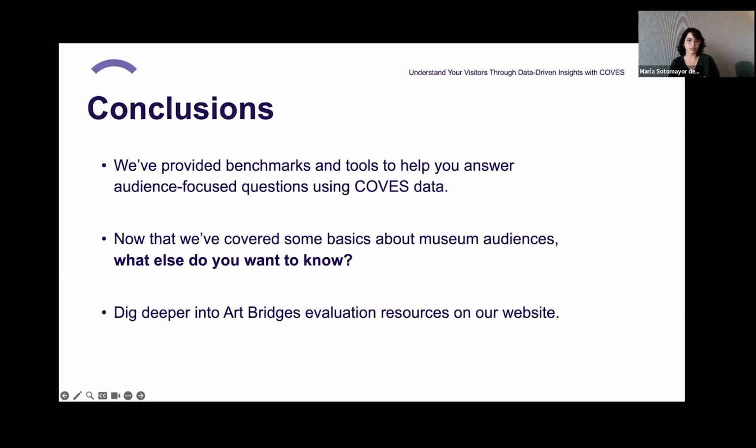And you might already know the basics because you're a COVES dashboard expert or you already dive into that raw data. But I wanted you to keep asking yourself, so what else do you want to know? These questions may come from you, they may come from people at other departments and other team members. So I really just want everybody to keep asking themselves questions about your audiences and see what can be answered